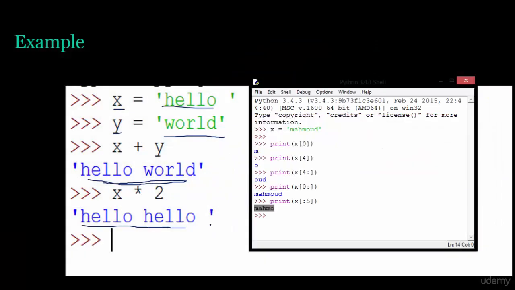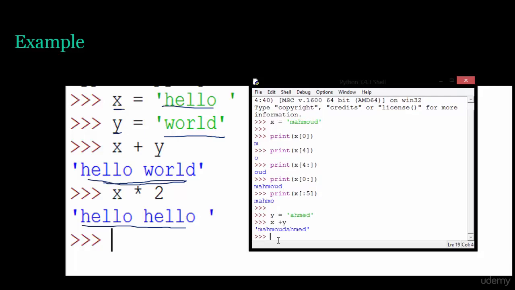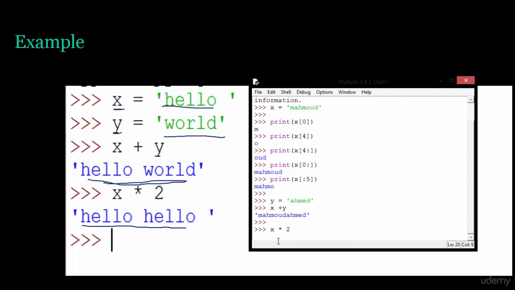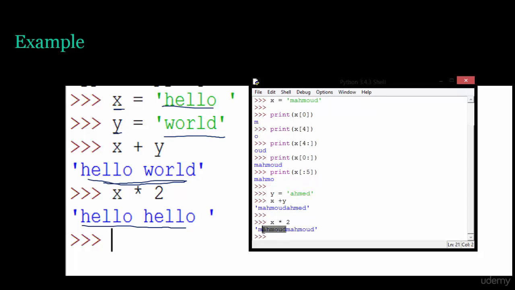Let's try this in our Python shell here. I said x equal to Mahmoud here, let's say y equal to Ahmad. I said x plus y, I'll see Mahmoud Ahmad. And if I type here x asterisk 2, this will give us Mahmoud Mahmoud. Repetition. Okay,